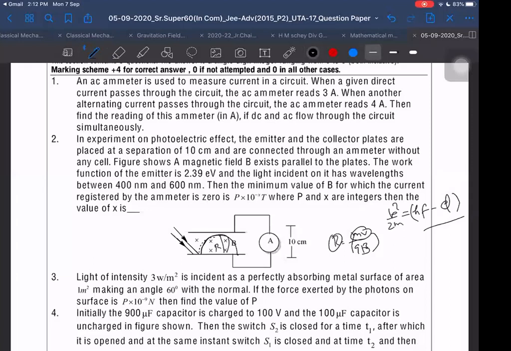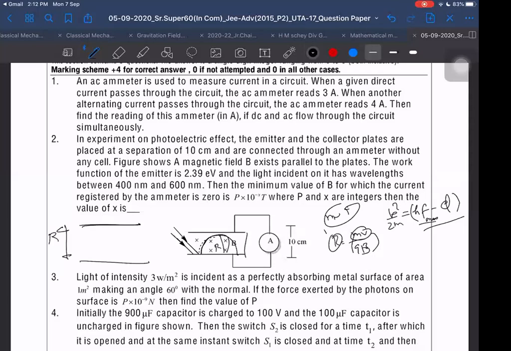I think this is a question of HCV. Yes, sir. And HCV, sir, is not given. In that, two wavelengths are given, and we have to select which one gives the minimum magnetic field. We want the photocurrent to be 0, or not? Yes, sir. Then I will take the maximum frequency, hf max minus phi. If MV is more, then R is becoming more, but the largest possible radius should also not be able to touch it.